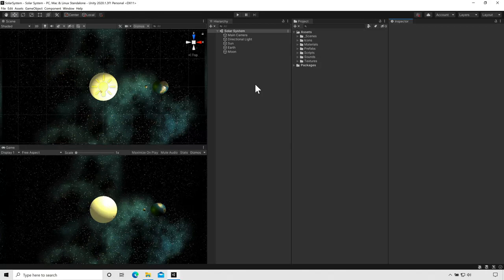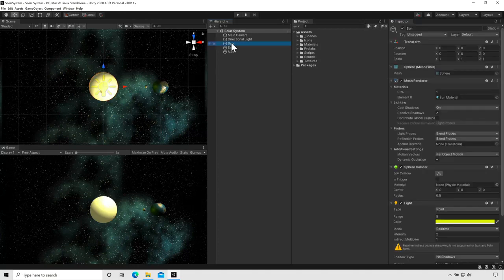Okay, the first thing that we want to do is get our sun rotating. So I'm going to go ahead and select the sun game object. We provided a few scripts for you to use, and the scripts, of course, are in the scripts folder. The script that I want to use is the rotate around script. One way of using a script is to drag and drop it right on a game object. And when I do that, I dragged and dropped rotate around on the sun, if I scroll down